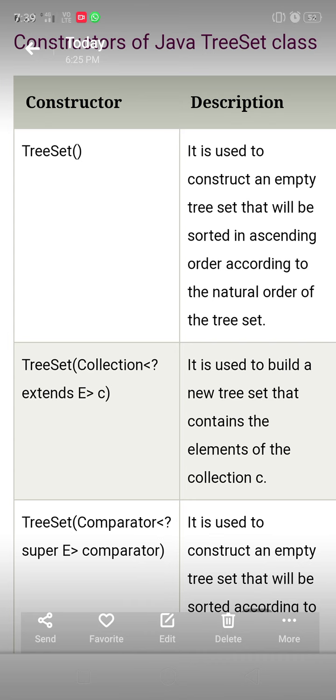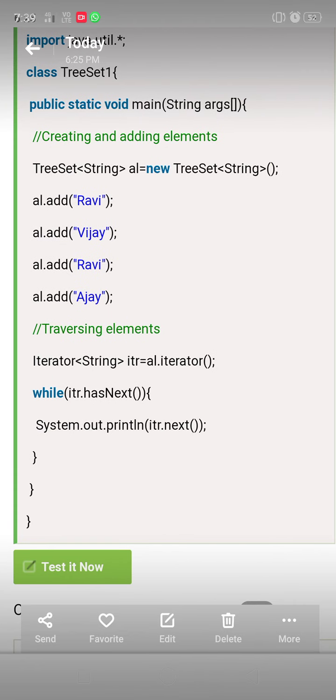It is used to build a new TreeSet that contains the elements of an already existing collection. Next one is TreeSet(Comparator comparator). It is used to construct an empty TreeSet that will be sorted according to the given comparator. So this is about the constructors of the Java TreeSet, and here we give an example for this.